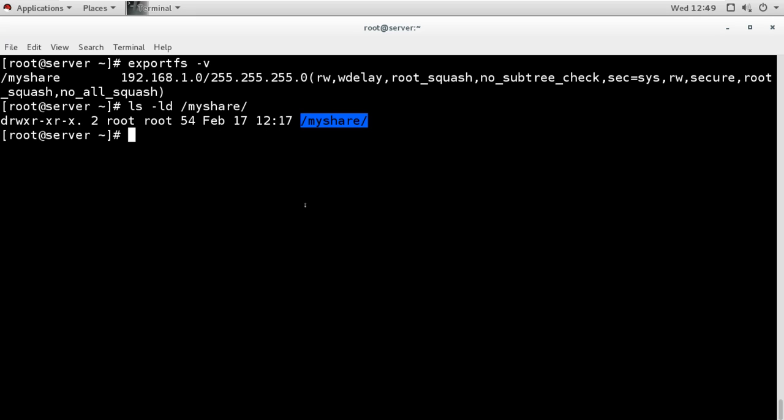Now the permission which we gave in NFS is actually the share permission. The share permission says read write, but the local permission says only read for others. Only the root user has read write permission, all the other users have only read permission. The share permission will allow the write, but when you write anything in this directory, it will be stored on this server, in these directories.